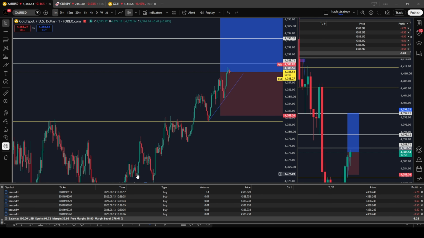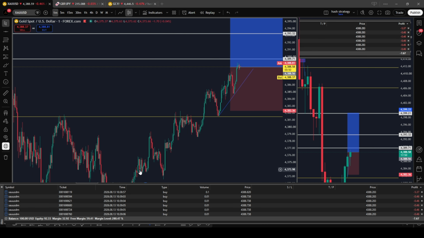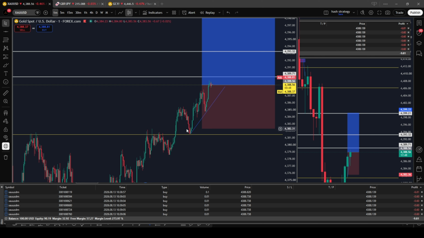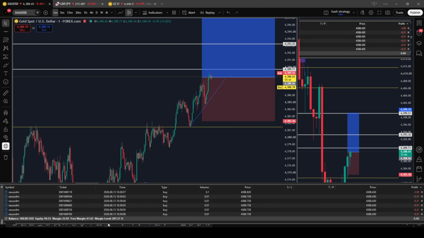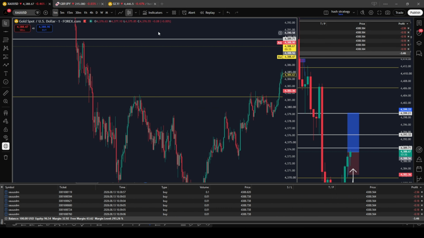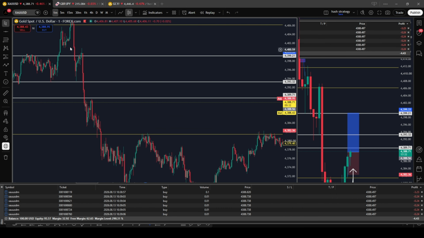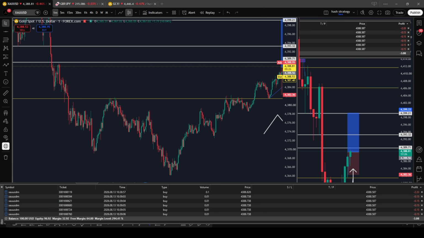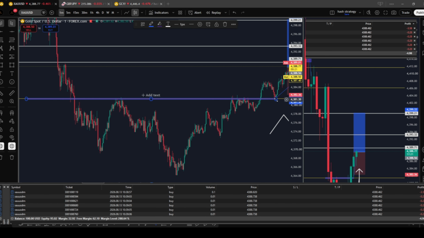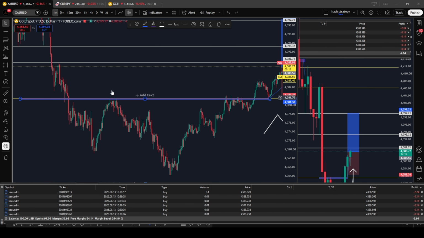Using market structure, we are going to first identify the direction, and right now we are in for a buy, meaning we are looking for higher highs and higher lows. If you look on the left hand side here, the market was in a downtrend, making lower lows and lower highs. So we marked this as our key level, as this was the last lower high that was created